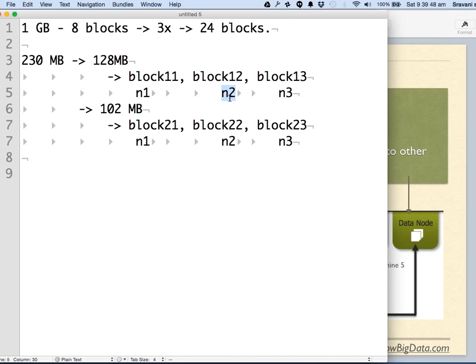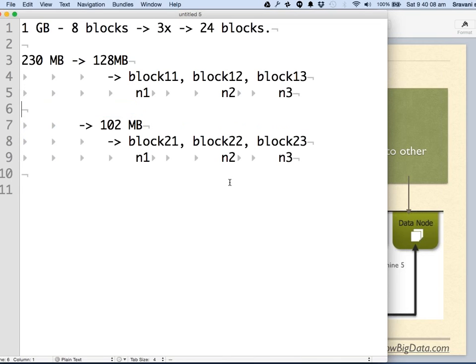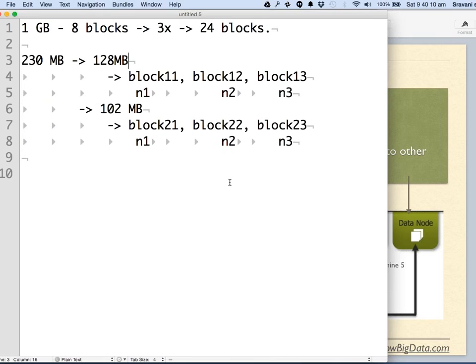When I say node, I mean a computer. Block 1 3 is stored on node 3, and so on, right? So we have these kinds of blocks. Now let me say that we have node 1, node 2, node 3. So now you can see that each block is copied across the nodes.